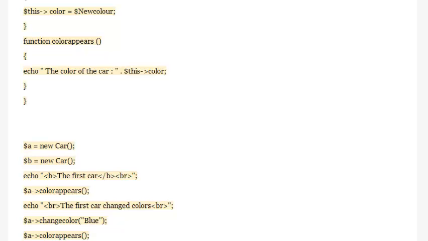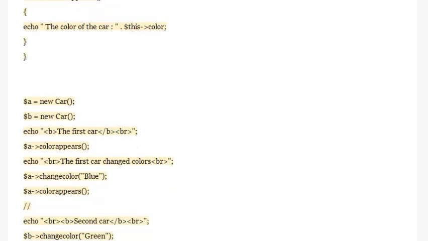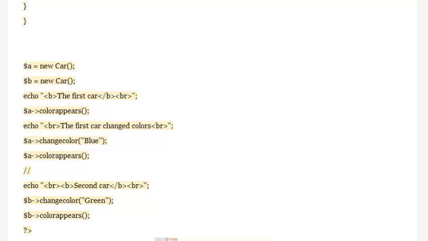echo "<br>The first car changed colors<br>"; $red->change_color(blue); $red->color appears. // echo "<br><b>second car</b><br>"; $B->change_color(green); $B->color appears. ?>